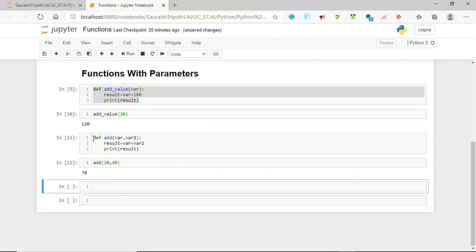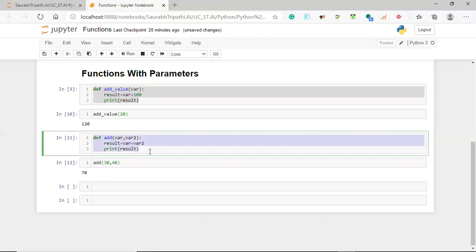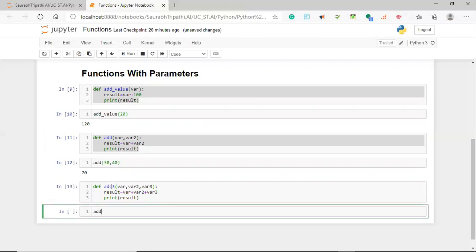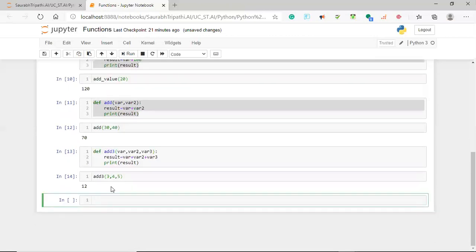Same thing, guys, as many values as we want to take, we can take, and as many times as you want to add or do any kind of work, we can do that. So if you want to take three parameters, you can take three parameters. There can be n number of possibilities that you can do, and it is up to you how you want to use it, and what kind of function you are really going to use. Add3, I'm making this function name. I'm going to call this add3 with parentheses. Again, guys, I have to pass values, so I'm going to pass these three values, running it, and as you can see, we are getting the result of the addition of all three values.